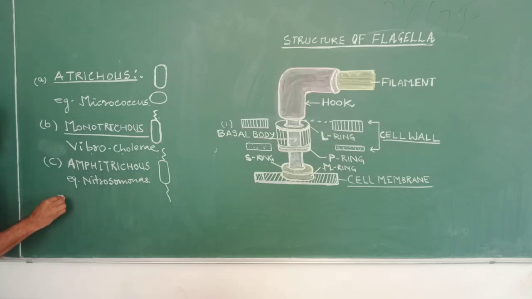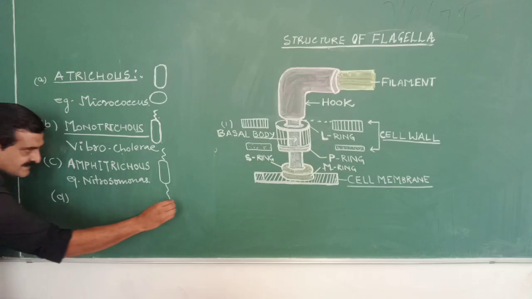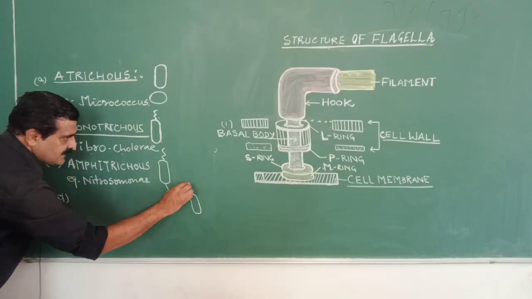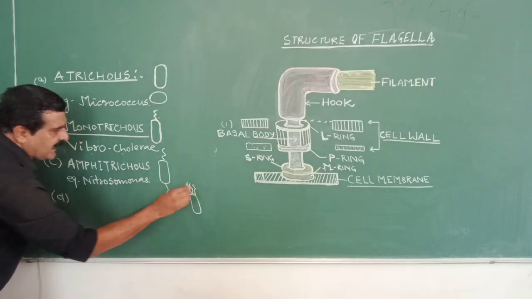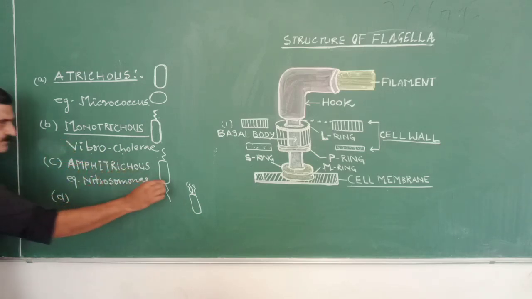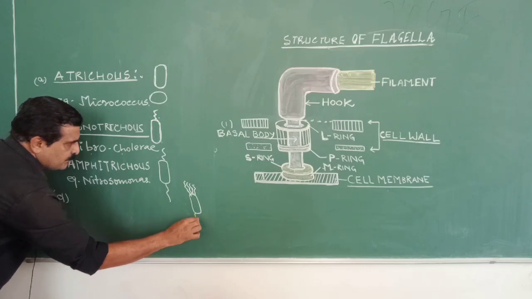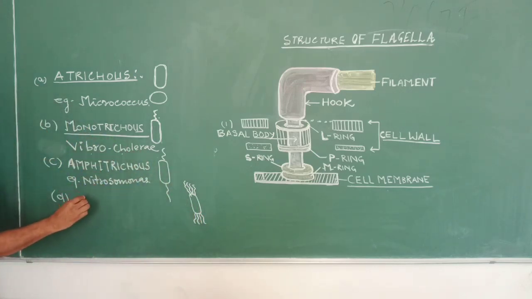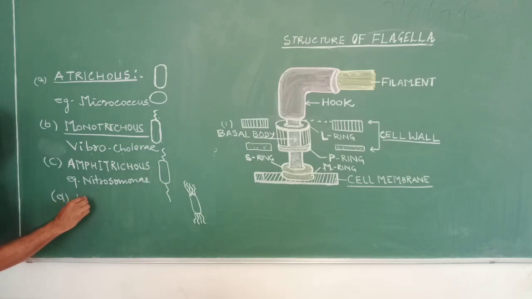Now D. Here is D. Number 4th is this bacteria where the bunch of flagella, the bunch of flagellum, is present on both ends of the bacterium. Such flagellar arrangement, such bacteria on the basis of flagellar arrangement, is called